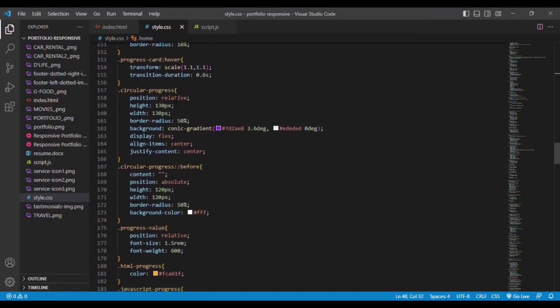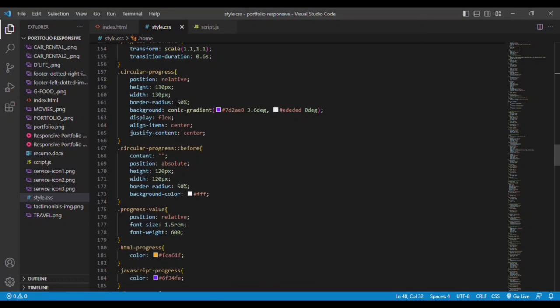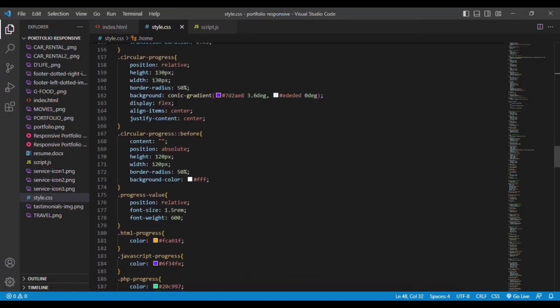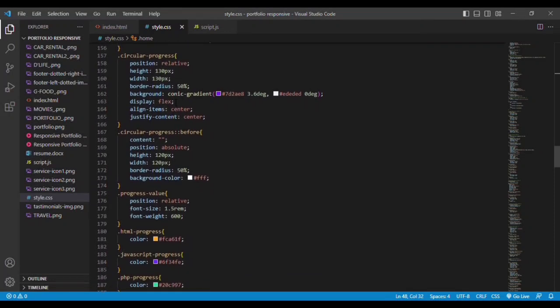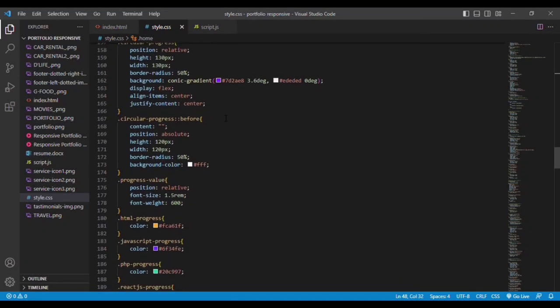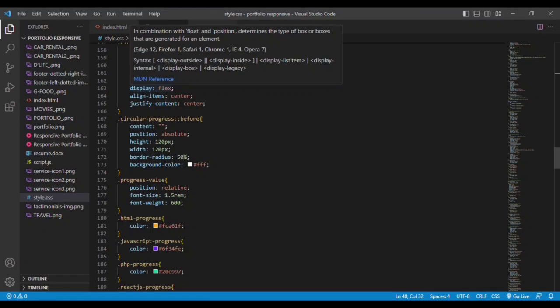Align, justify, display flex. The reason we are using display flex here is because we have 4 skills: HTML, CSS, JavaScript and CSS. To keep them all in one row, one after the other, we are using display flex. And by using display flex, we don't have to mention it again. In the mobile version, when the size reduces, all the 4 skills will automatically form one after the other. When the size of the website increases, that is, from the mobile version moving to the desktop version,